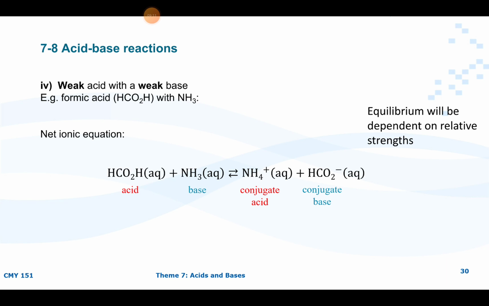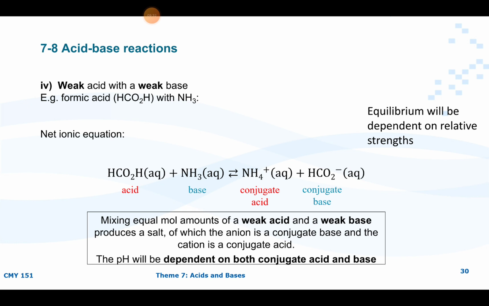Now in this case, we do still have acid-base, conjugate base, but we can't necessarily say which one will be stronger than the other. We can do it for this specific example, but in general, we won't be able to say that. We'll need to look at the pKa and pKb of these conjugate acids and conjugate bases. So if we have a weak acid and a weak base, we might get an acidic solution, we might get